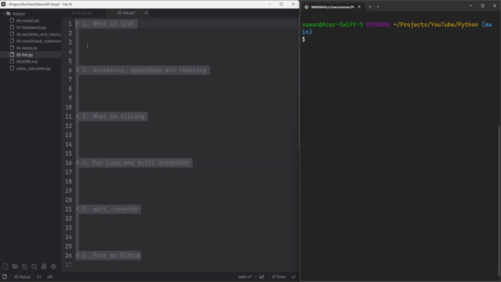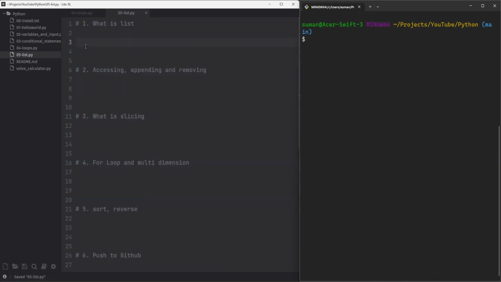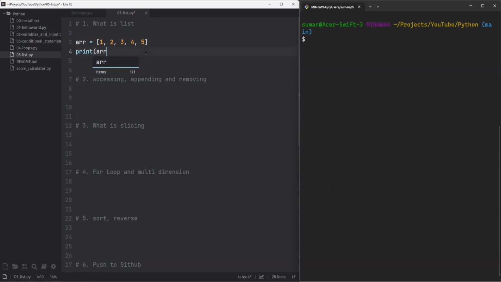In Python, a list looks similar to how an array looks, right? Let's say the name is arr, so it looks similar to how it looks in an array. How do we define it? We define it this way. It's in square braces, and inside the list we can put different items. Here we put 1 2 3 4 5. That is how a list is. Now if I print this, we can do print of arr, and now if I run this,